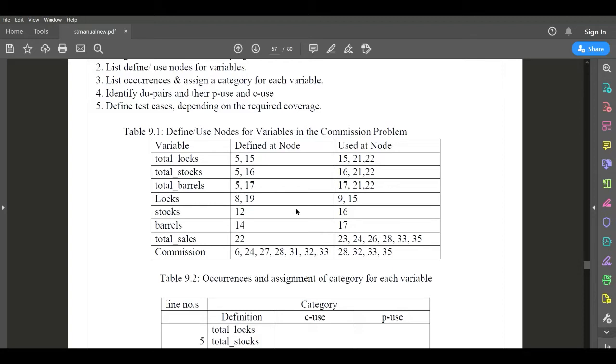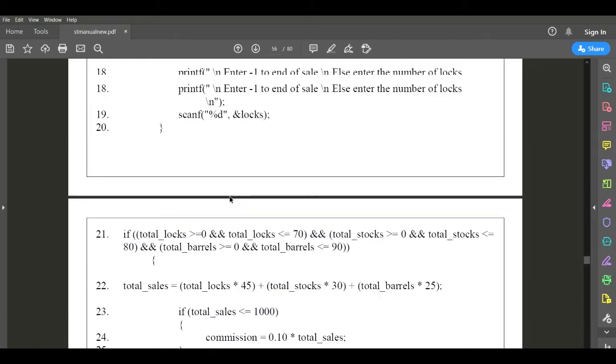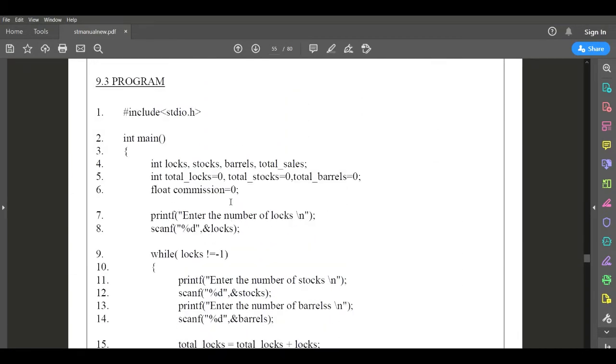Clear? I think you understood this, all these three variables and how we have written the defined-at node and usage-at node. Now we'll move to the variables log, stock and barrel: where each is defined and where we are using the same log, stock and barrel. Here it is not initialized, therefore we are not considering line number 4. Here you can see line number 8.